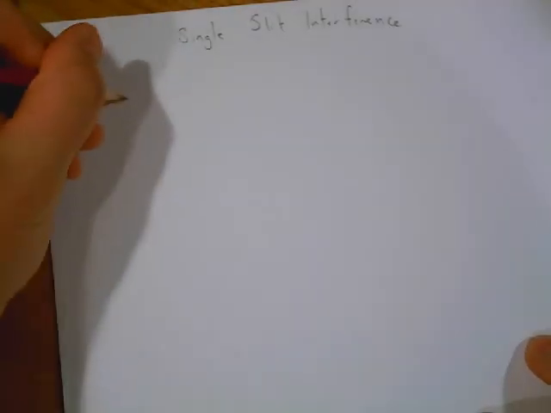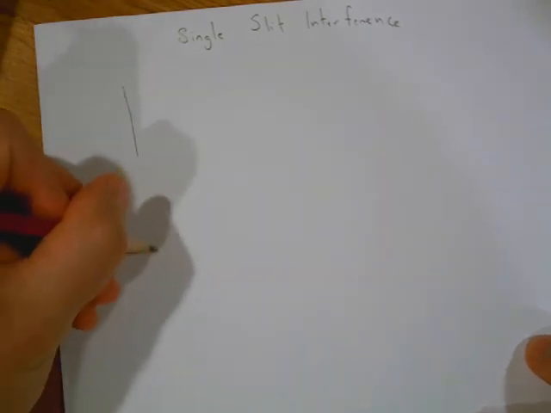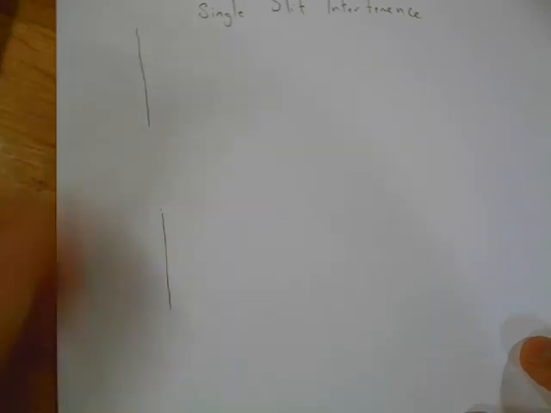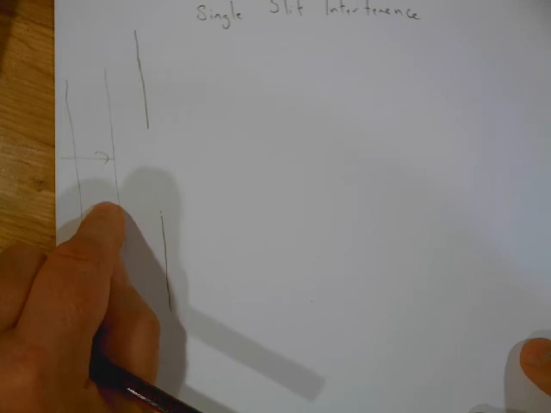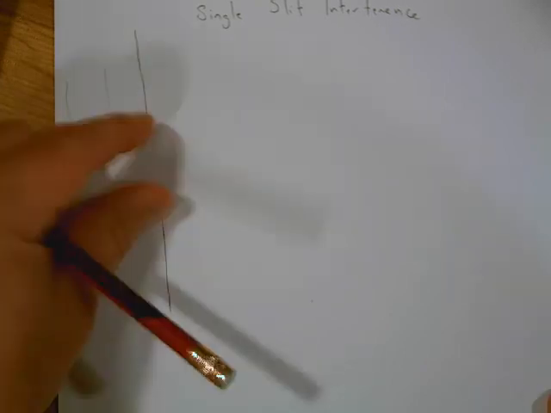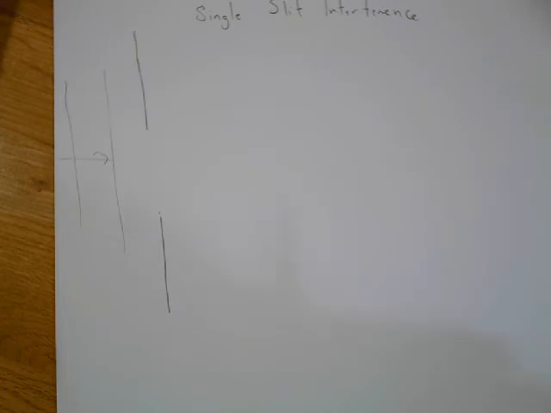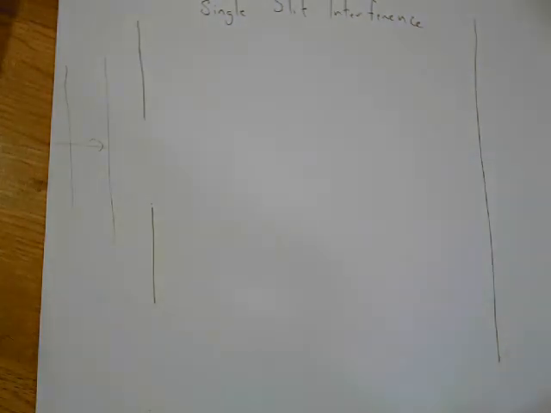So let's say over here, I am going to have my single slit. So there's my single slit. Now, if I have my light rays coming in this way, remember the width of this slit has to be on the order of the wavelength. Otherwise, you're just not going to get the interference. So this slit has to be pretty small compared to the light, the waves that are coming in. And then let's say over here is the wall, my screen where I'm going to get my interference pattern